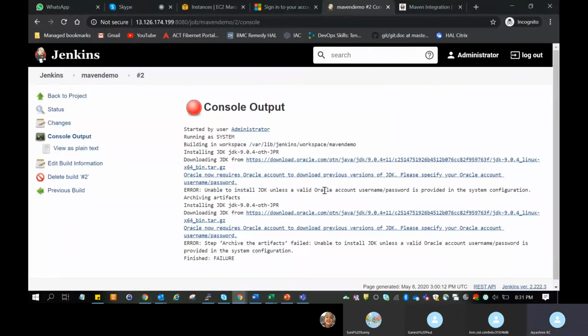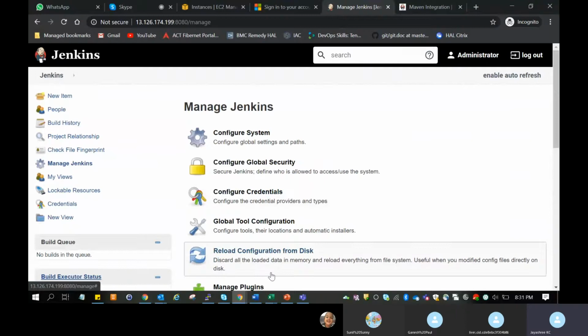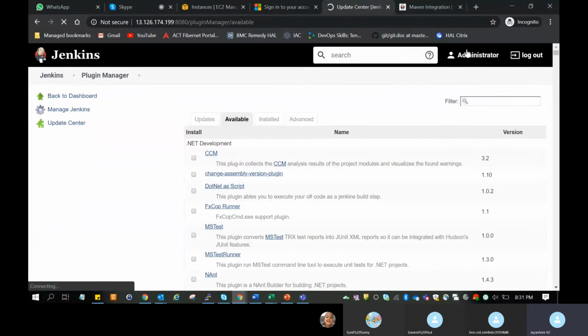The error, actually, recently people are also getting this. Go to manage Jenkins to see the plugin. Manage Jenkins, manage plugins. Yeah, available. Go ahead and check JDK. It'll take a little bit of time to type.